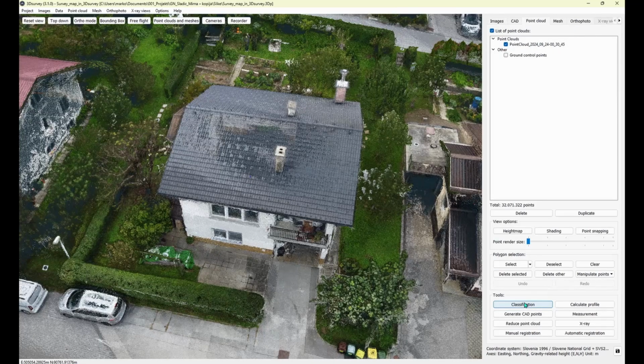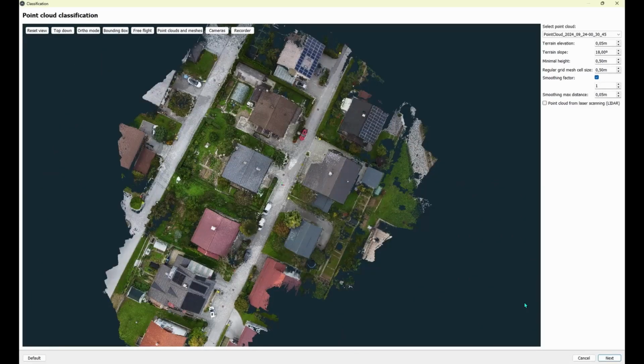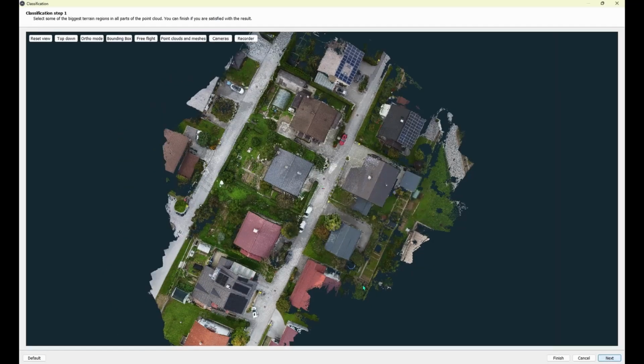So I just click on the classification button. The classification wizard pops up. Here are actually classification parameters which are good enough for 95% of examples. So I will just confirm them with next. And in the second step, I need to show terrain point with my mouse cursor when I'm 100% sure that